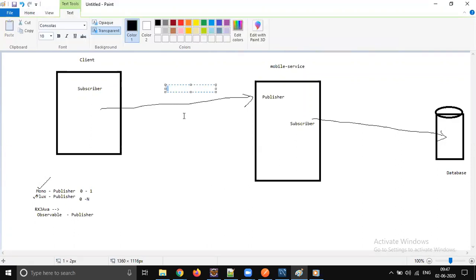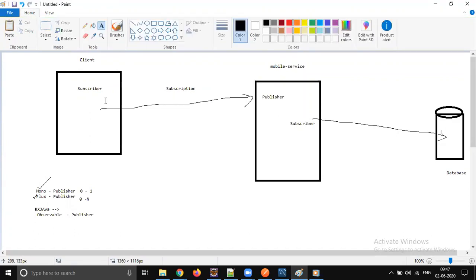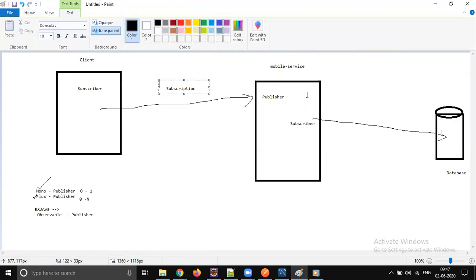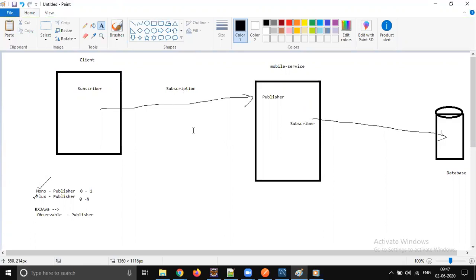The subscriber should perform subscription to get the data from the publisher. You are the subscriber and I am the publisher. Yes, we are two different components.